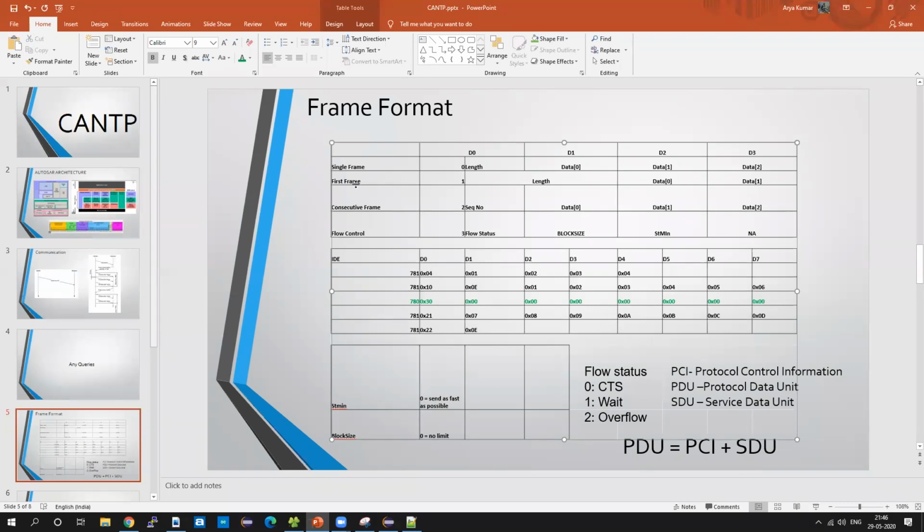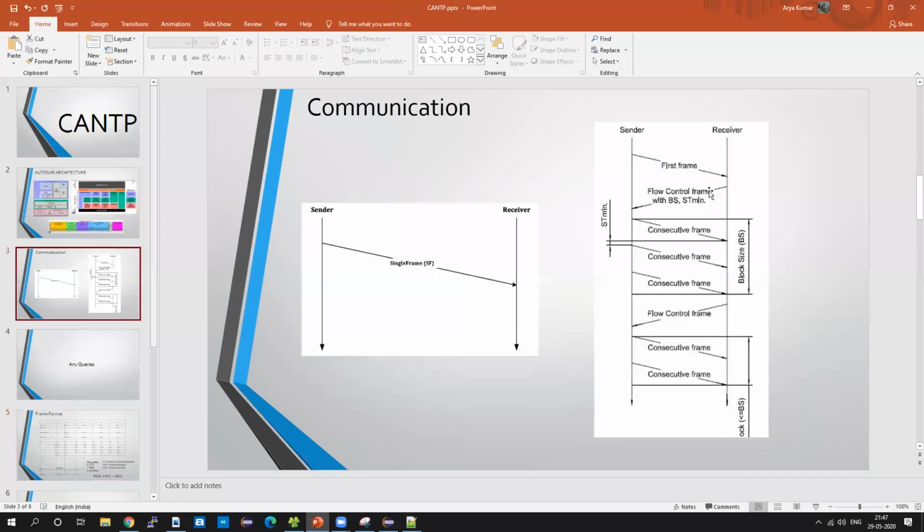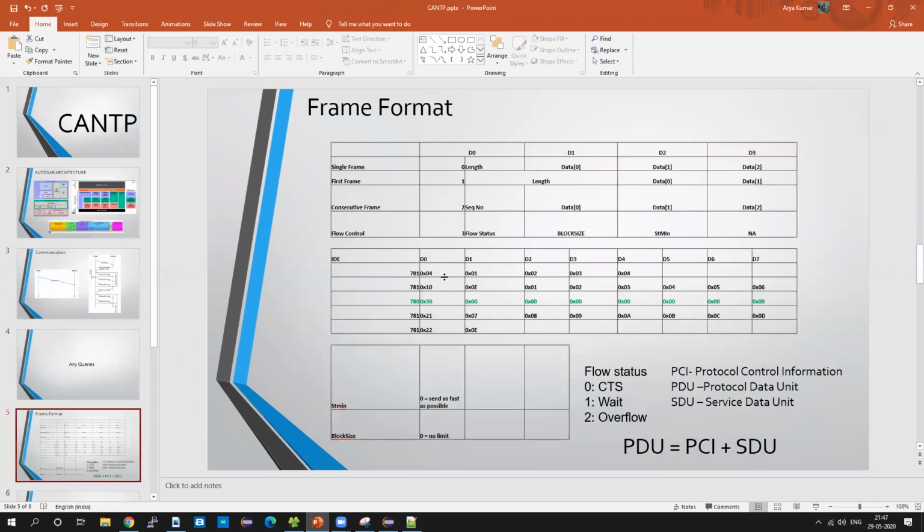Now let's look at how we send more than 8 bytes of data. Take an example where you have to send data like 0x01 2 3 4 up to 0e. In the D0 byte we have the ID, which is represented by 1 because we are sending the first frame.